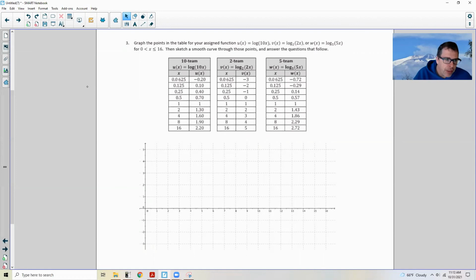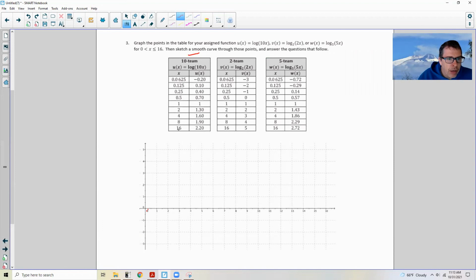but then we're taking a multiple of the base in each one. So this one here, we're going to just graph. Team 10 first. 0.0625 is way over here, close to 0, and I got -0.2. Here's 0.5, 2.5, I would say right about here. And then 1/8, comma, 0.10. So that'd be like right here. And then a quarter,